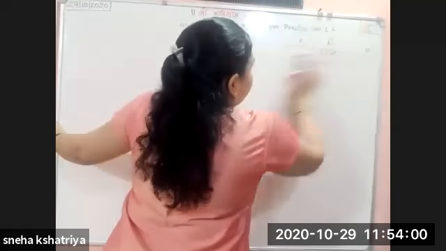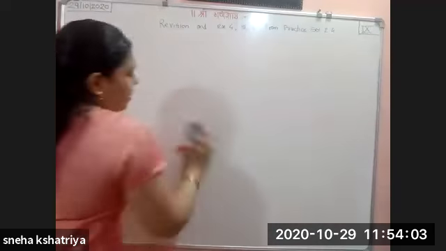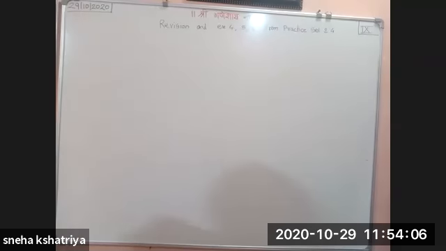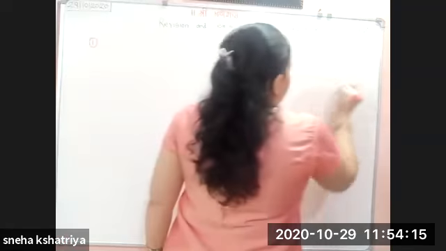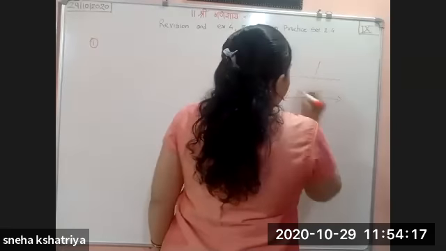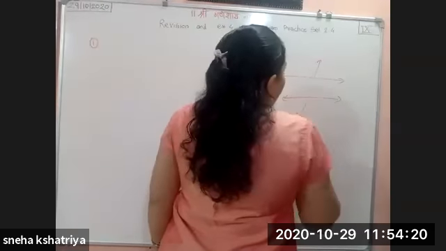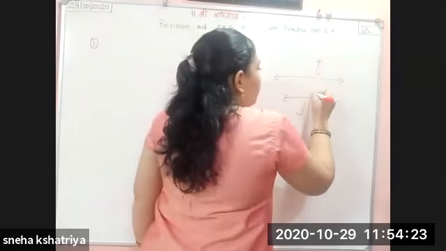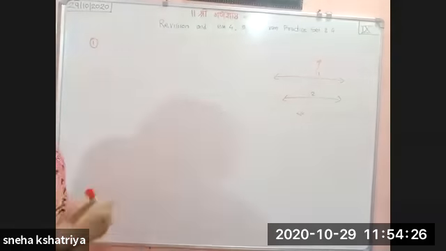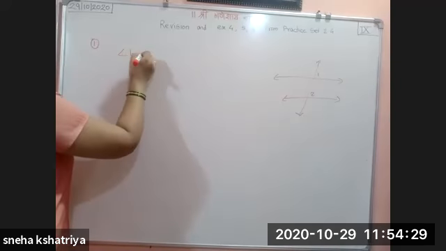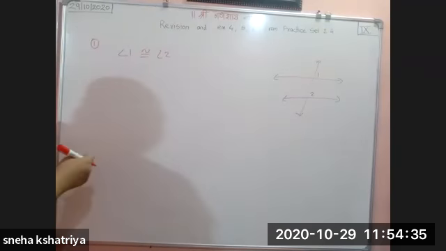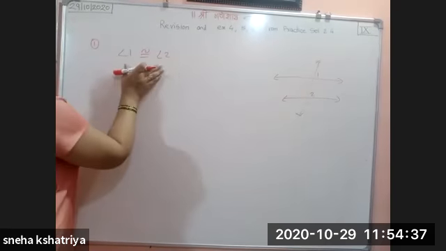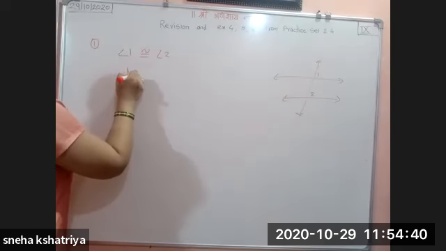Next, there are some tests of parallel lines. The tests are always given vice versa. Vice versa means what? If they have given that these two angles are corresponding, angle 1 is congruent to angle 2, and they are corresponding angles, then we can say that the lines